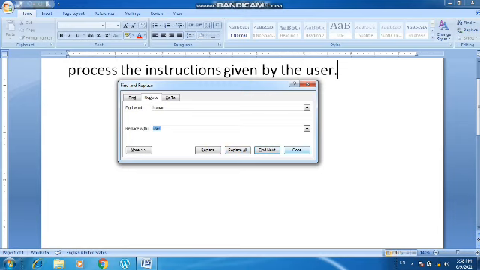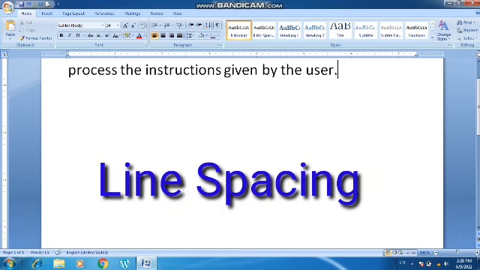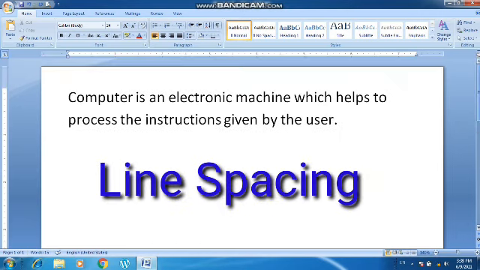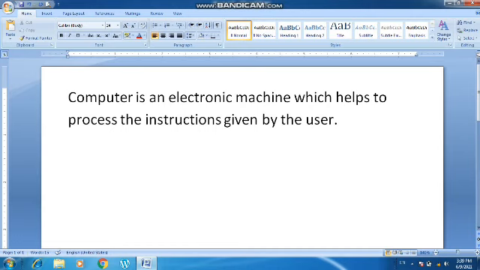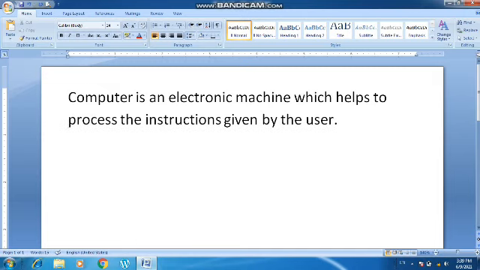Now let us see the line spacing option. Line spacing, I have told you that line spacing is the space between the paragraphs. So suppose I have written two lines here, and after one line when you press enter, automatically the cursor goes to the next line, right? But even in the next line I want that this space should be less. The space coming between the next line and the first line, if you want to decrease it, you can, and if you want it to be more, it should be more. So you can go to the line and spacing option, simply